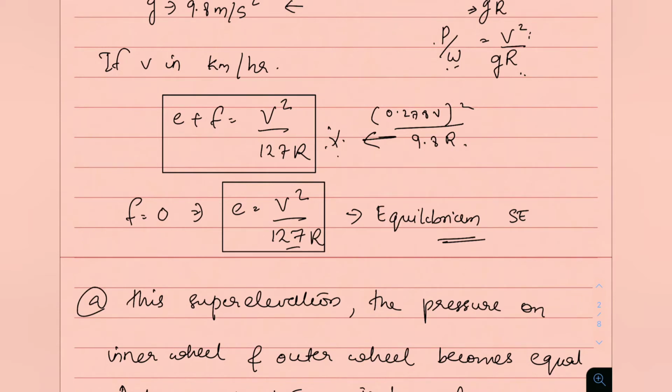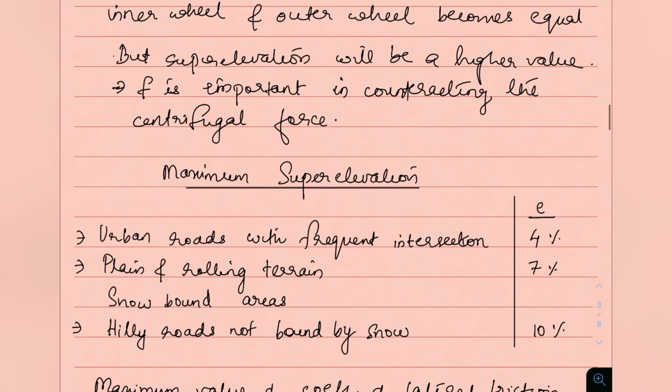If we have to limit this e value, because suppose a heavy vehicle is moving, a truck is moving with wooden pieces like this, then what will happen if we are providing this much e with respect to this horizontal? The wood will topple down, or else the vehicle as such will topple down. So this is very dangerous. So we have to limit the value of e. So a maximum limit of super elevation is there. We will study that now.